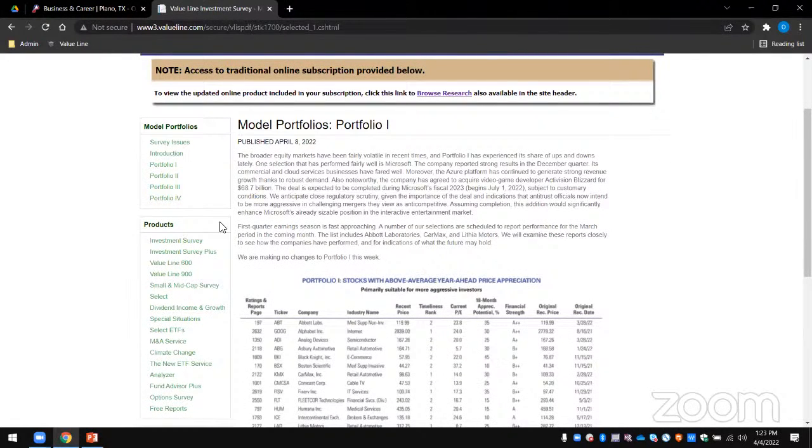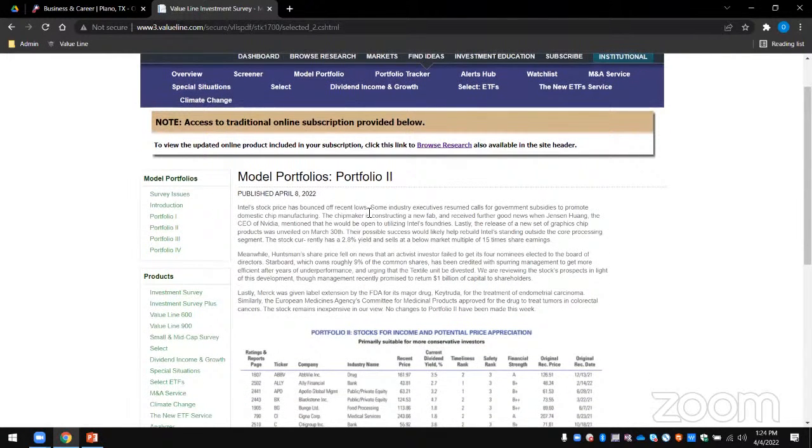Each one is going to explain why there's been changes, how it's changed, and also the type of investor this is geared towards. So for example, portfolio 1: stocks with above average year ahead price appreciation, primarily suitable for more aggressive investors. If we click over to portfolio 2,